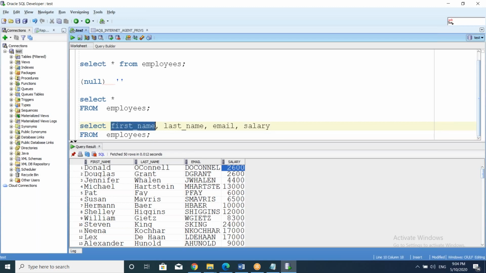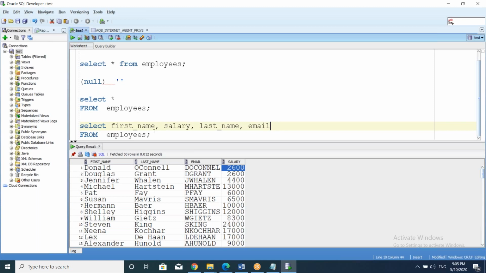In whichever sequence we have given the columns in the select clause, in that sequence only it will display in your output. First name I have given first, so it is displaying in the first column. Last name in the second column. Email third column. Salary fourth column. Suppose I move the salary column to the middle, second position.